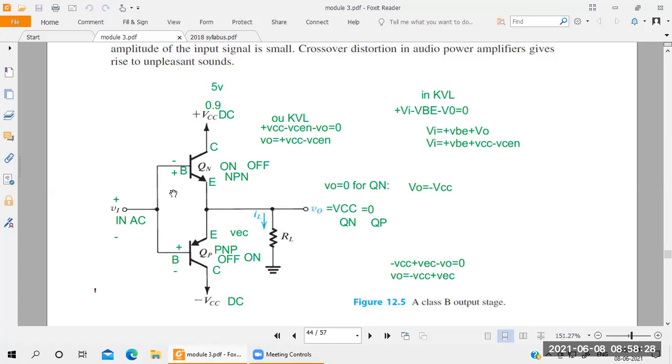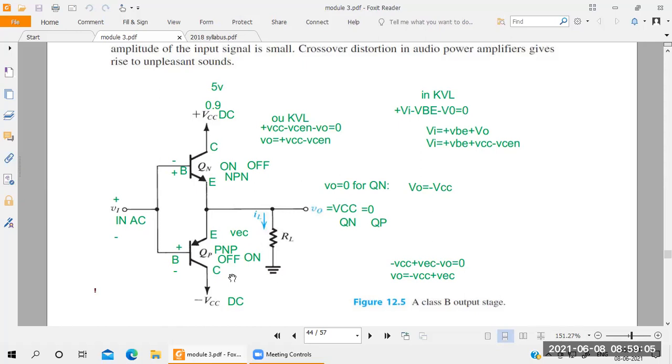So you take the inputs of both transistors. What is the input here? Base and base. You take the base of the NPN transistor and the base of the PNP transistor, make them short here, and give the input voltage. What is the input voltage here? AC. VI is an AC supply here. So VI is applied to the base of the NPN transistor, that is the Q1 transistor, and the base of the PNP transistor.